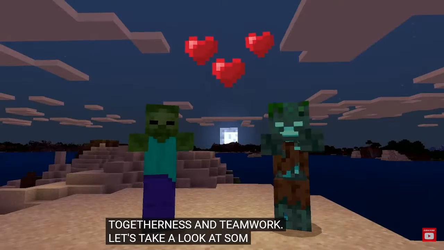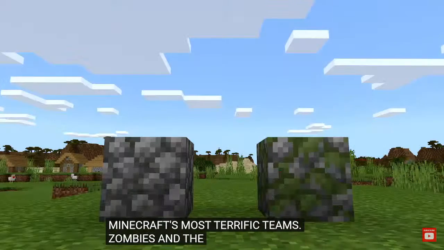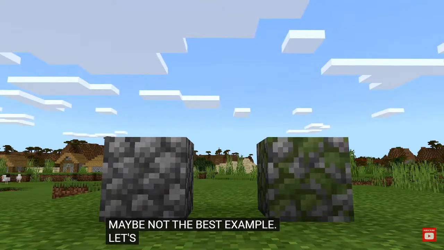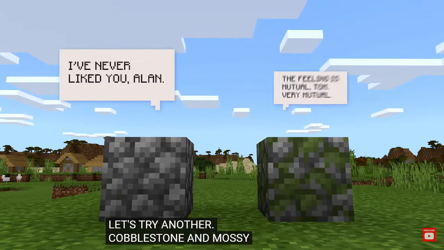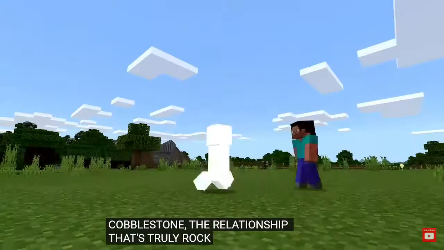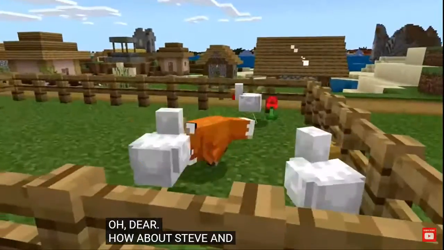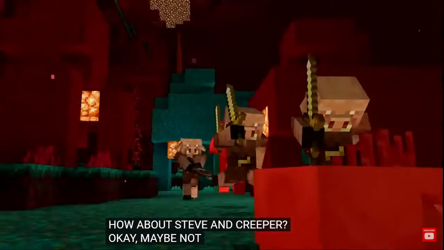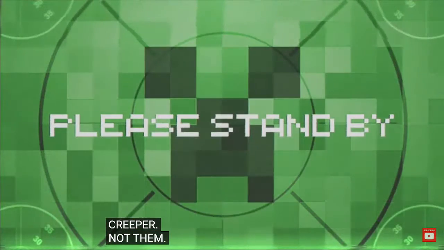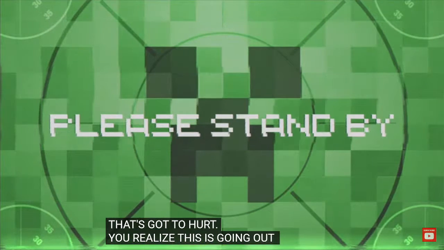Zombies and the Drowned. Maybe not the best example. Let's try another. Cobblestone and Mossy Cobblestone. Yeah. A relationship that's truly rock solid. Oh dear. How about Steve and Creeper? No. Okay, maybe not Steve and Creeper. Not them. Not them either. Ooh, that's got to hurt. You realize this is going out live, right? If we don't find a great example of Minecraft togetherness soon...